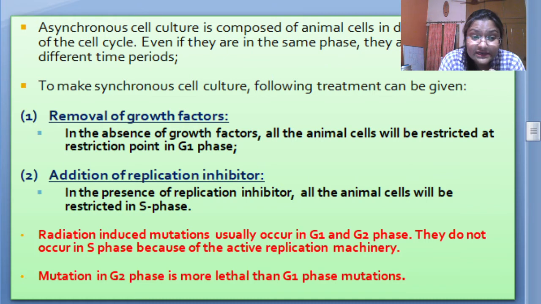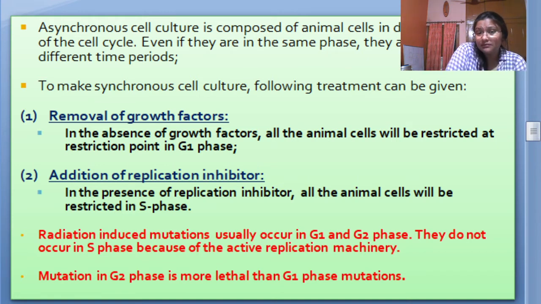Now let me tell you this. Radiation induced mutations usually occur in G1 and G2 phase. They do not occur in S phase because of the active replication machinery. In S phase, synthesis phase, we have so many enzymes which replicate DNA, like DNA polymerase and all. DNA polymerases basically have proofreading activity also, right? And a repair system also. Like if DNA is damaged in S phase, then it will be readily repaired, because active machinery is present over there